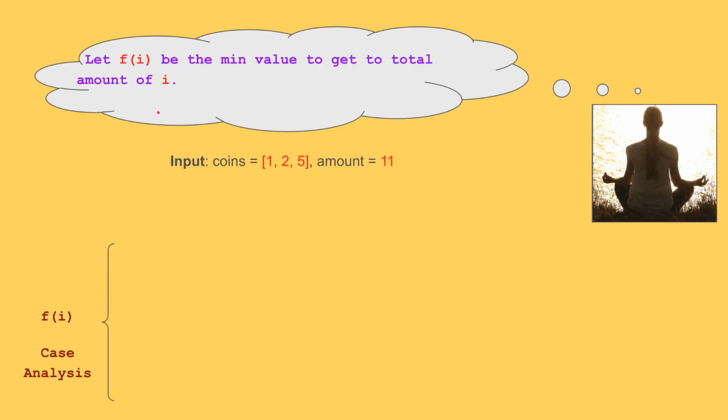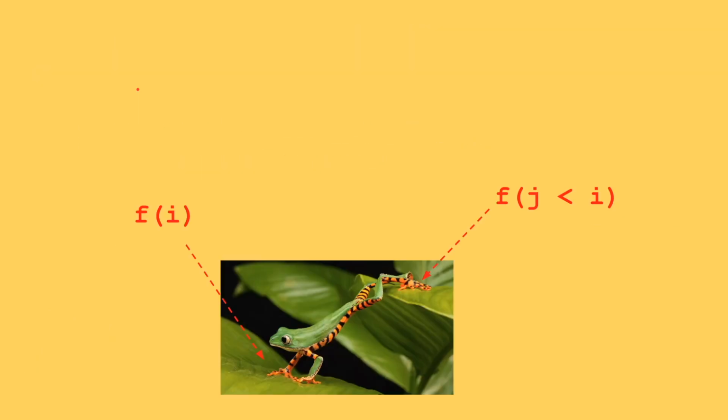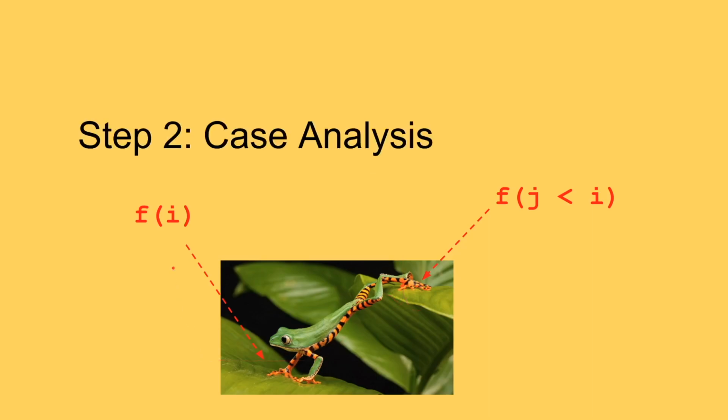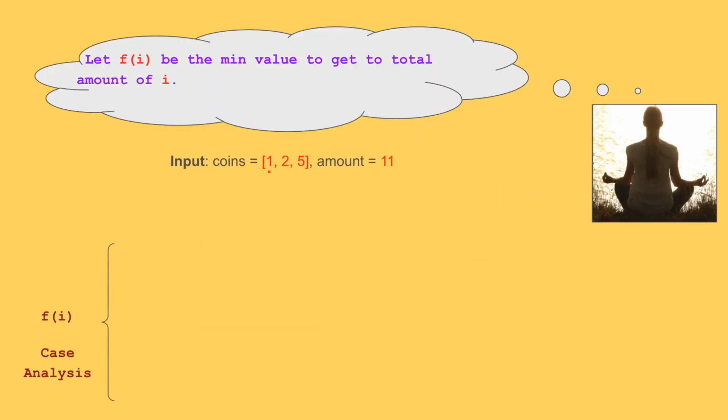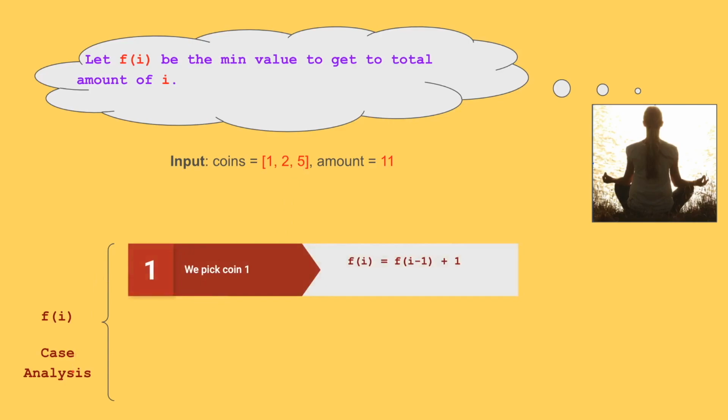In this case, for example, if you really think, you can see like at the last moment that you take this jump to get to f of I, what happens is that you have to pick either of these coins, either coin 1 or 2 or 5. That is the basis of our case analysis. If you pick 1, that is case 1, then you can write f of I is really equal to f of I minus 1. 1 is the value of the coin, plus 1 because we just picked a new coin,